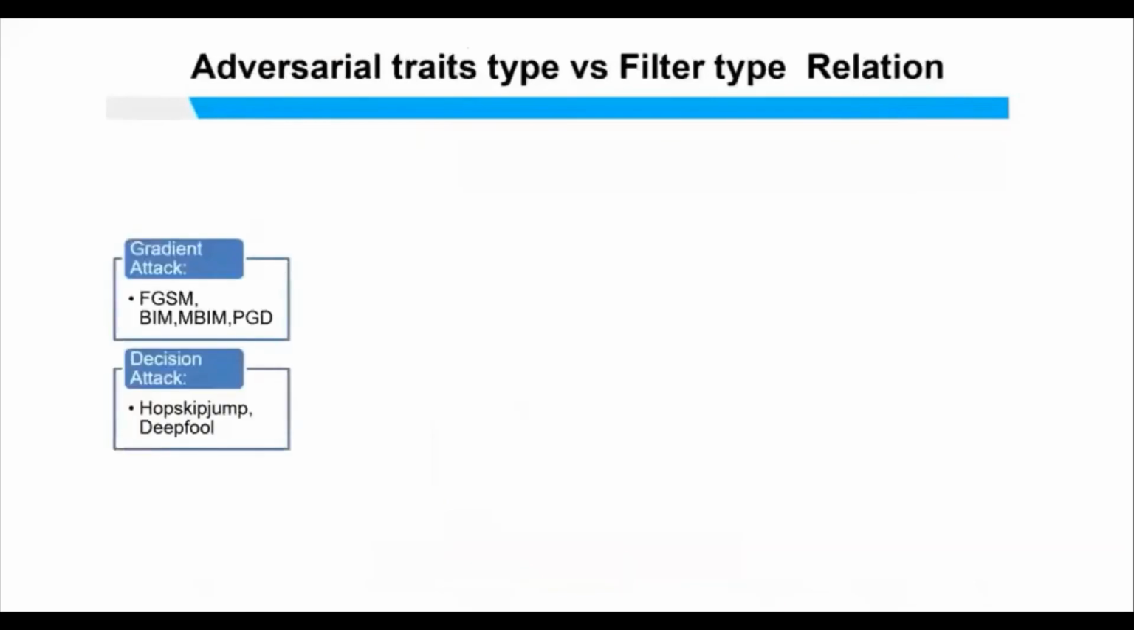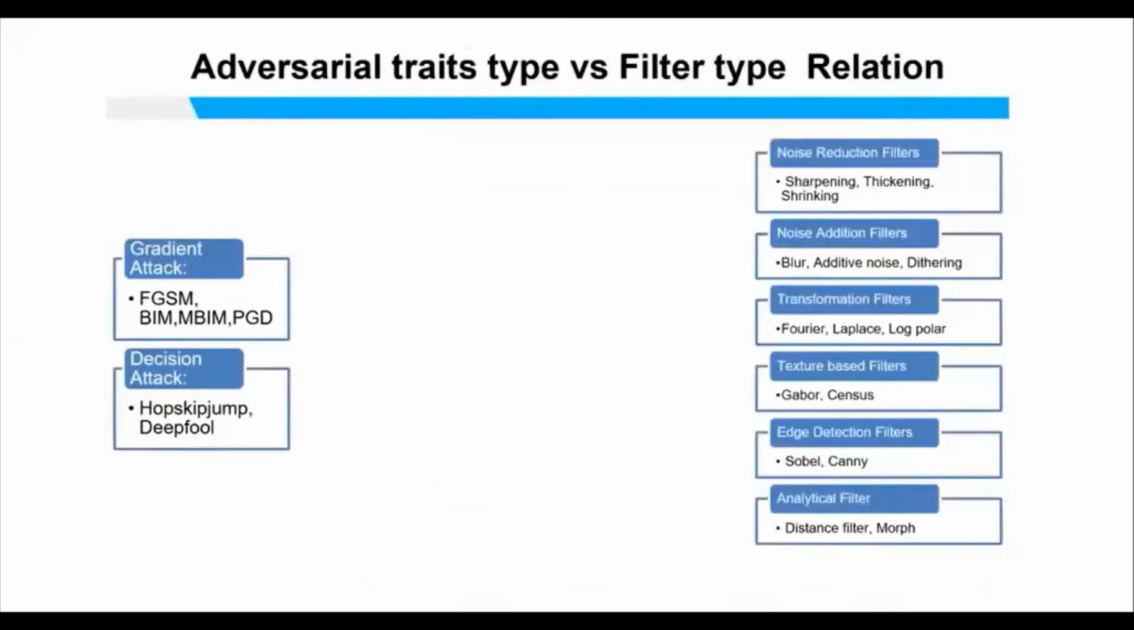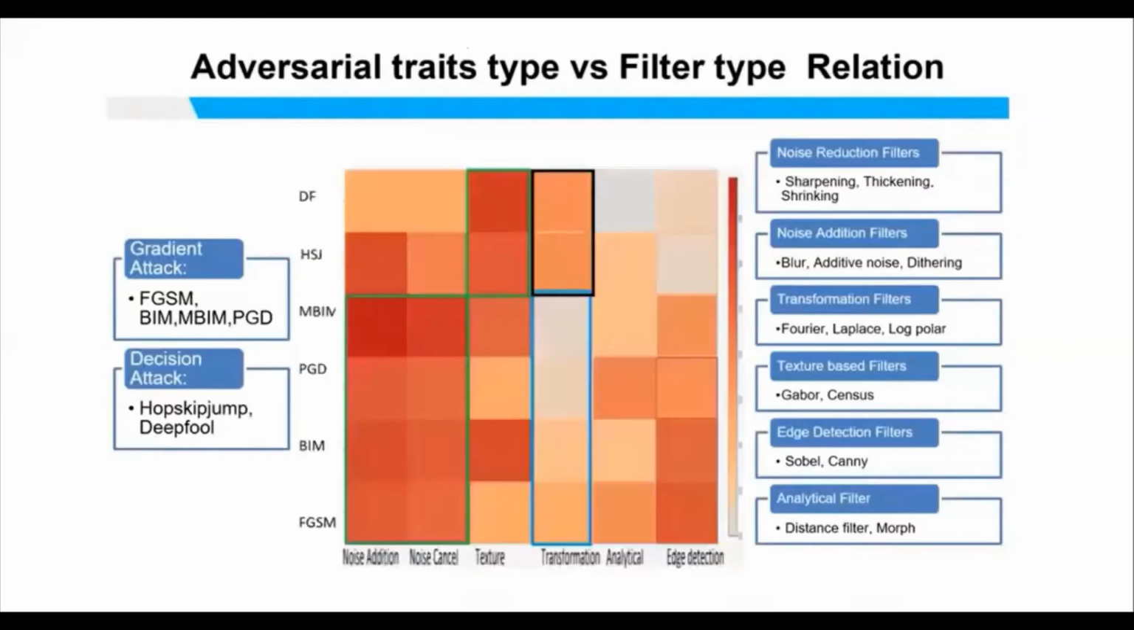So we tested with gradient-based and decision-based attacks, and we used 6 types of filters. I classified them into 6 types: noise reduction, sharpening, thickening, shrinking, noise addition like blurriness and additive noise, dithering, transforms like Fourier or Laplace, and texture-based Gabor, sensors, edge detection, Sobel, Canny, analytical distance, and more. We can see that the same noise addition and noise cancelling filters work for those 4 types